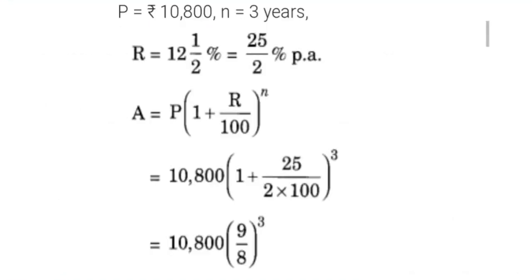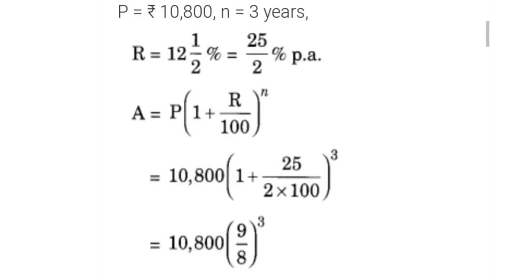Now see solution. So here principal is given 10,800 rupees, and time is given 3 years and the rate of interest is 12 whole 1/2%. So first this we will convert, so it will come 25/2% per annum. And as I told you, the formula of amount is A is equal to P in bracket 1 plus R upon 100 and the power is N. So N is what? Time. Now put the values. So P value is 10,800, bracket 1 plus R is 25/100 into 2 and the power